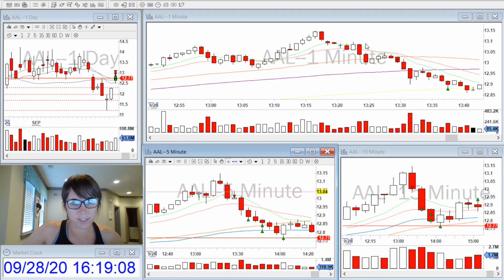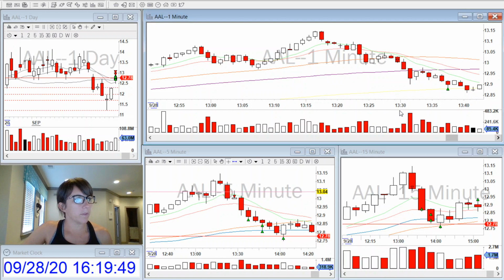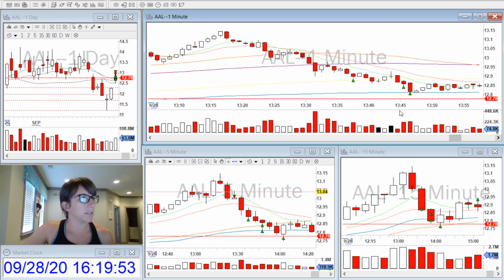And as you can see here, the 9 and the 20 crossed and started curling down, and the 50 was coming up to meet them. And it also made a 15 minute low, and it was breaking this support level right here. So I went short with a stop above these moving averages on the 1 minute chart. My first partial was taken at the 20 moving average on the 15 minute chart, and then the 50 moving average on the 5 minute, as you can see right here, and then VWAP,